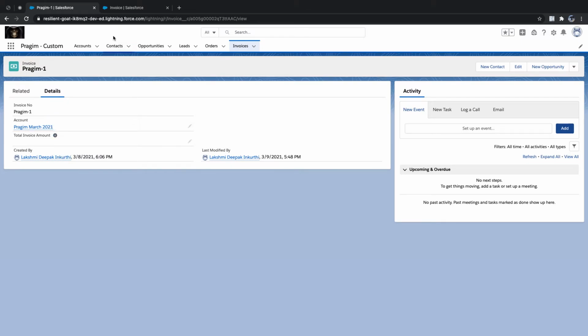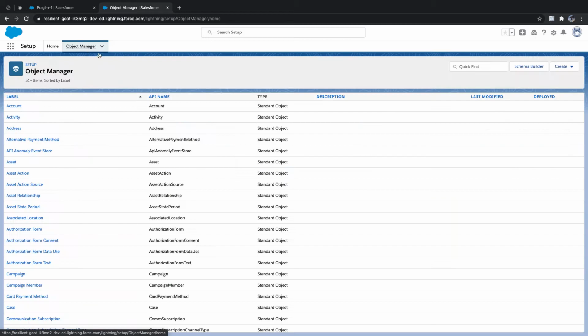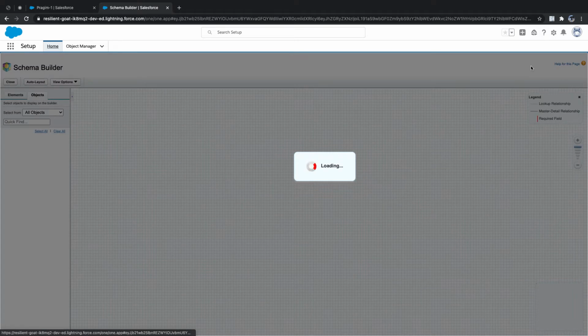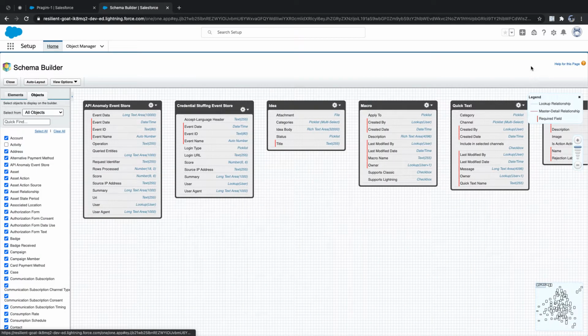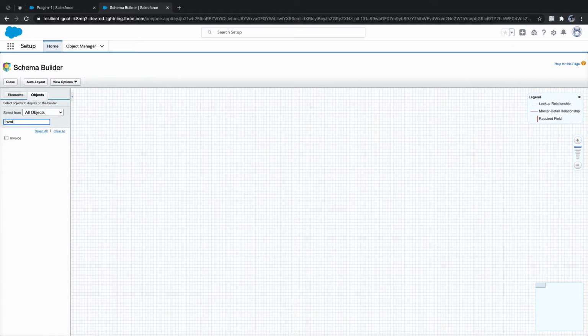So in the same way, I need to create multiple fields. The problem here is, I don't want to do this legacy job by creating fields one by one. What I can do, I'll go to my object manager. We have a schema builder. There is a concept called schema builder where you can create multiple fields really quickly. I mean, you can make field creation much faster. So clear all the first time when you are in the system and choose whatever object you need. Invoice. Click on auto layout.